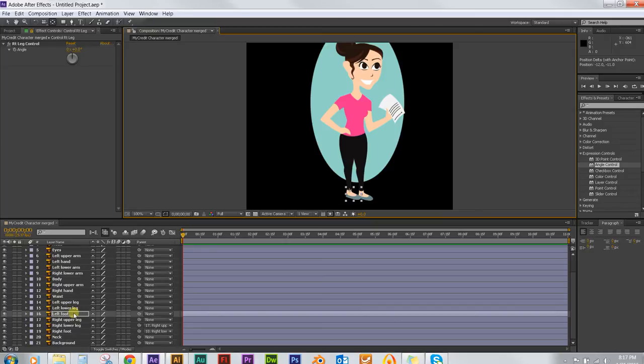And then starting with the foot, we want to parent it to the other parts of the leg like we did on the other one. So I'm going to click on the pick whip area for the foot, go to the lower leg, and then take the lower leg to the upper leg. Now what we need to do is then